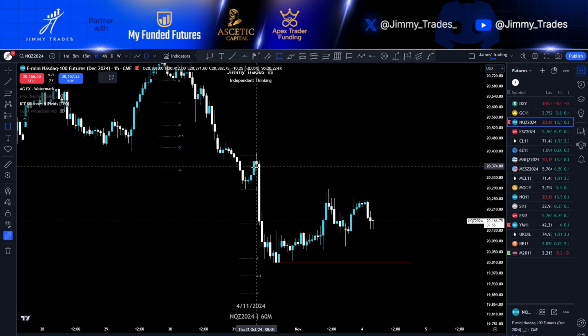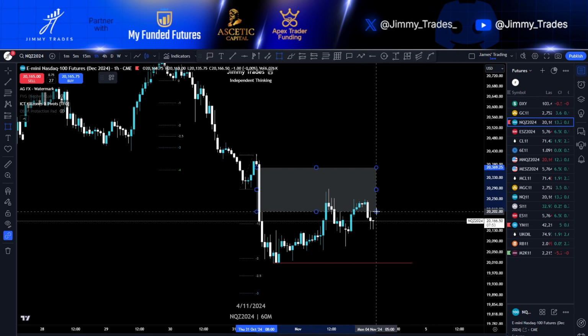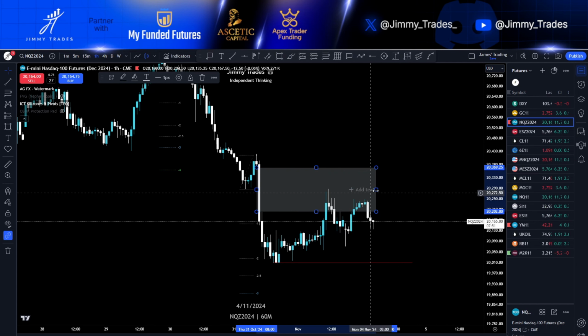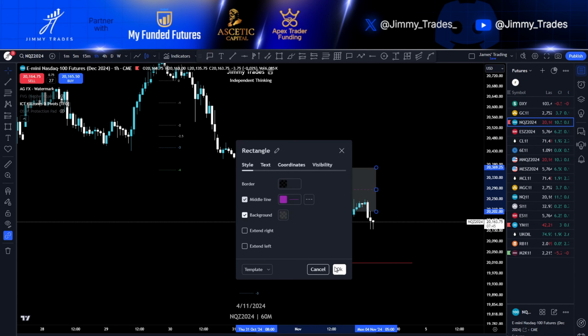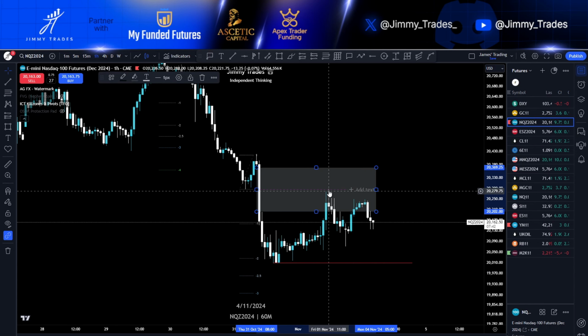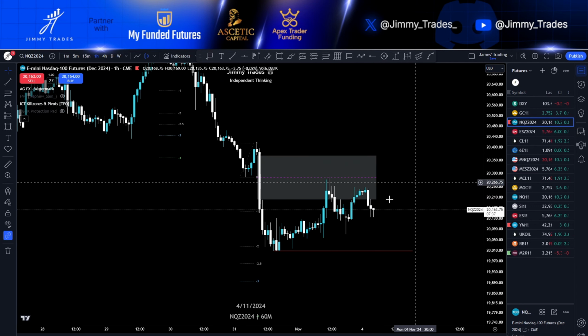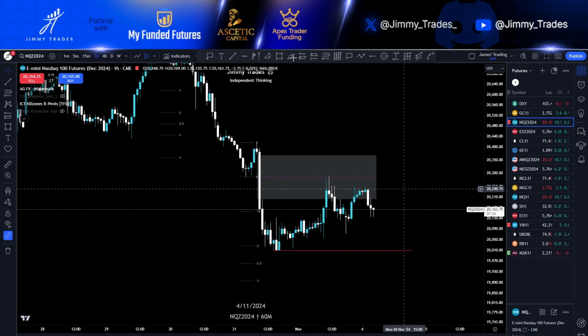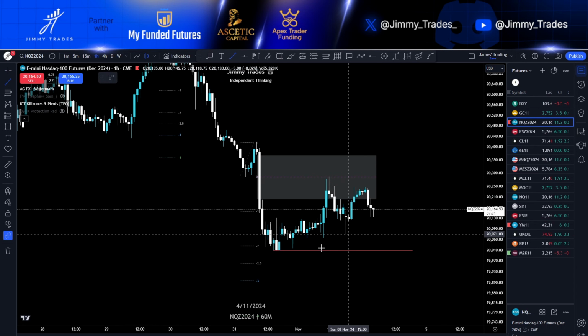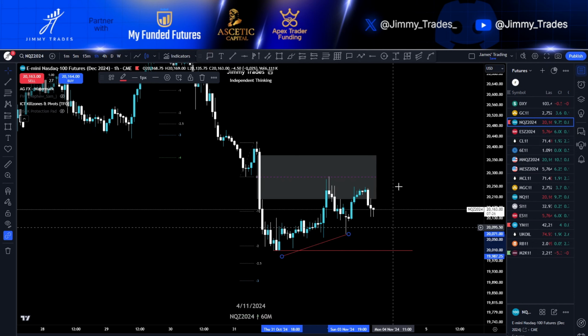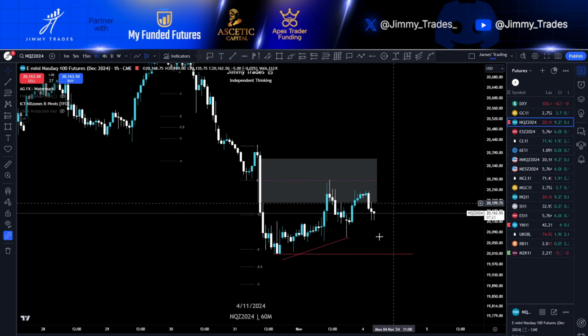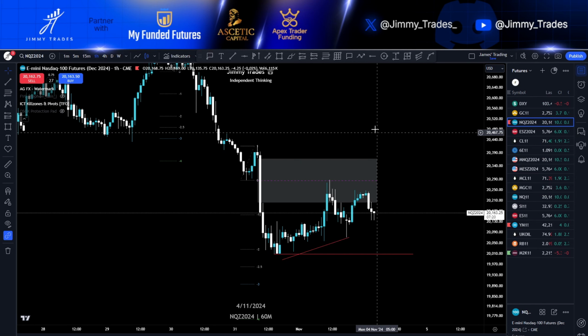If we mark that out, we'll see we've probably reacted from the mean threshold, consequent encroachment, midpoint, whatever you want to call it, of the FVG, and to the tick almost. So perfectly reacted here. And we also have this low resistance liquidity to act as our draw too. So definitely looking to see price continue lower from an hourly perspective. Let's jump over to ES,